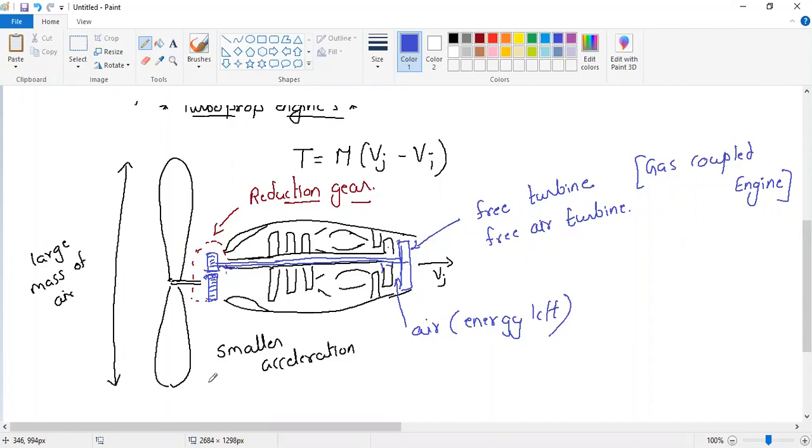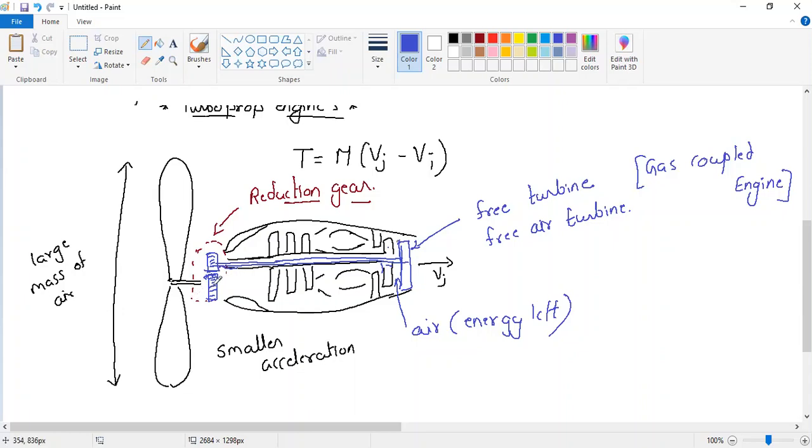Sir, is there any fixed ratio of reduction gear? That will depend upon the engine RPM. Suppose the compressor is at a very high RPM, but the propeller RPM has to be maintained, right? Then the reduction gear will have a bigger value, say 5:1. But if the compressor is rotating at a smaller RPM, then the reduction gear value will be 3:1. That will be given by the manufacturer. No one will ask you in DGCA what the value of reduction is. Just for understanding purposes, reduction means the RPM of the core engine will be more than the RPM of the propeller.